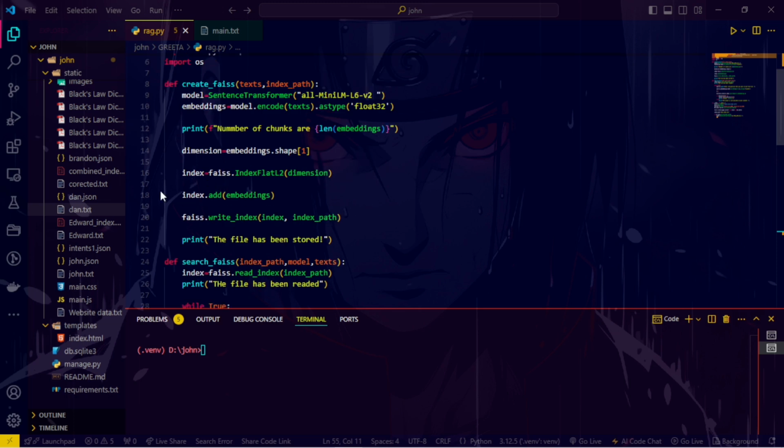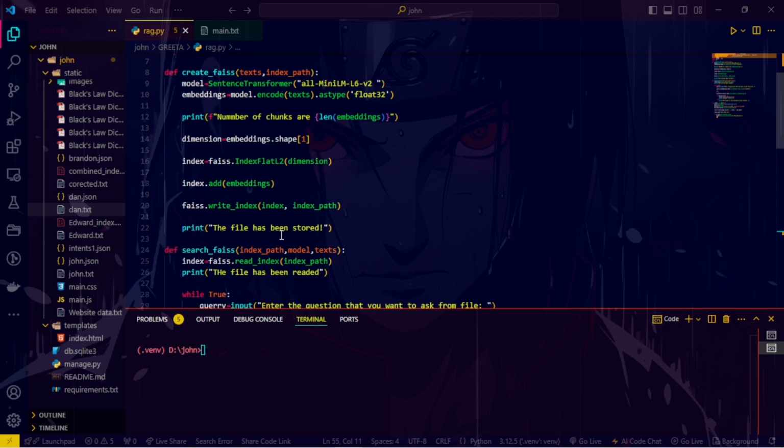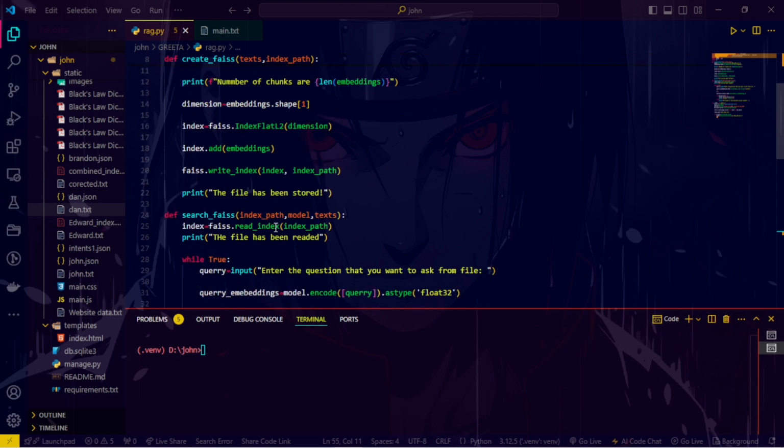It does not need the create files function, because that function creates a file. We don't need to create another external file, since we have already stored files. So simply run the search files function